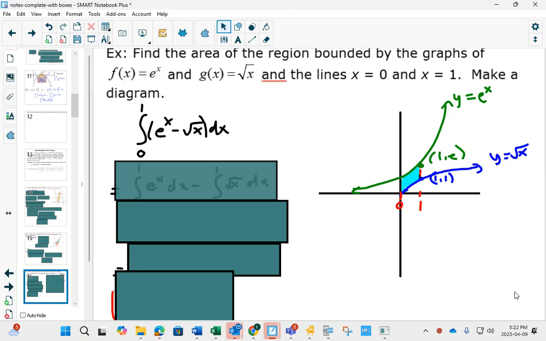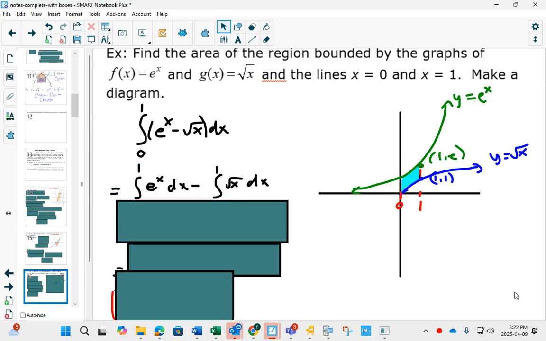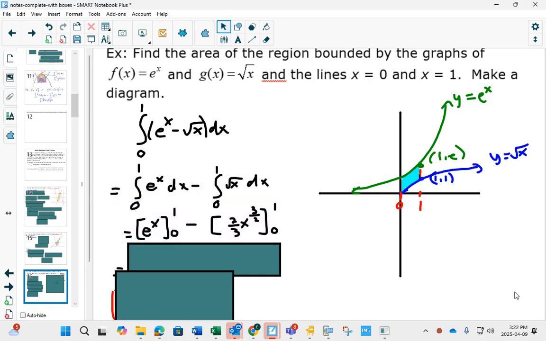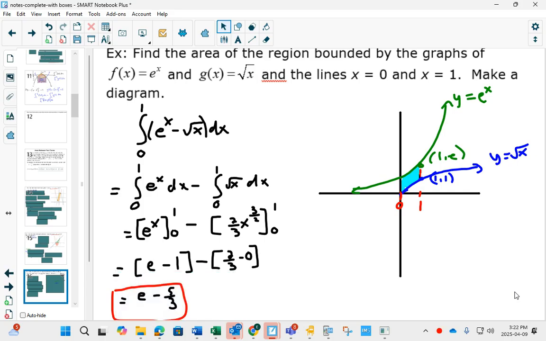Add 1 to the exponent and divide. You could separate it, but you wouldn't need to. You could do that all together in one as well. And plugging these things in, we get e minus 1 here, 2/3 there,